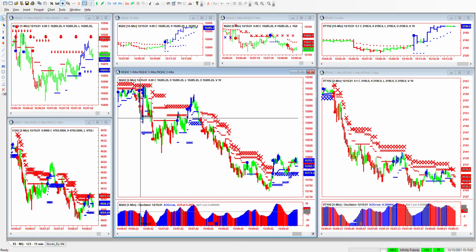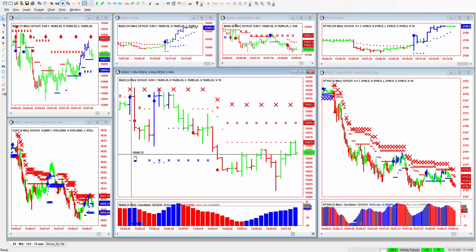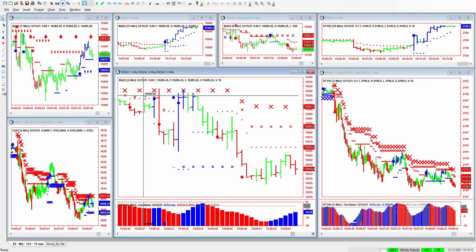So let's jump in. We'll look at the NASDAQ as well as the Russell for the first couple hours of the market. So right here at market open on the West Coast at 6:30, we are on a sell signal. We had 1, 2, and 3 minute resistance printing. We got a buy signal up into that resistance level. Got rejected with this big long price bar. This is a 631 bar, and then it's a valid signal to go short right there at